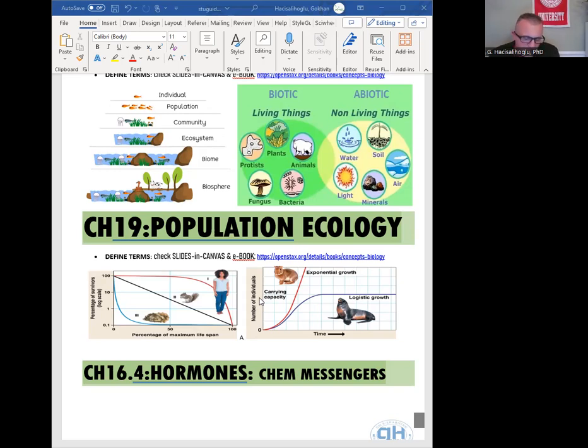There is some information about demographics, which is life tables, survivorship, and reproductive tables. Again, these are related to population density, which is the number of individuals of a species per unit area. And then population age structures, basically dividing the population into different age groups and making age structure figures. And we already talked about population growth models and applications of population ecology.